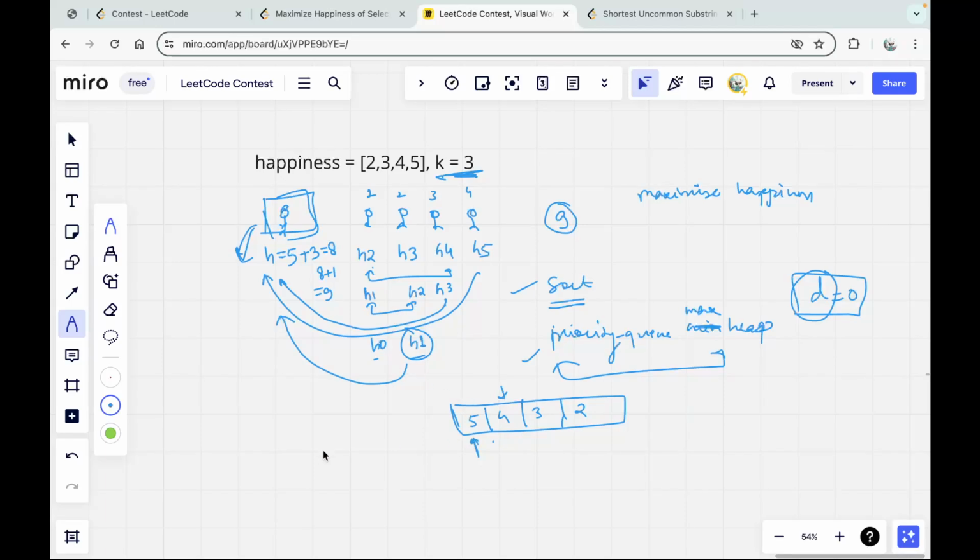So first what I'll do, let's take an answer variable, and here I'll store 5 first, right? So 5 minus d basically. Then after this iteration, I'll do d plus plus, which means I have basically done 1 turn. And then while choosing the next greater element, which is 4, I have to add 4 minus 1 to my answer. And this I have to do while